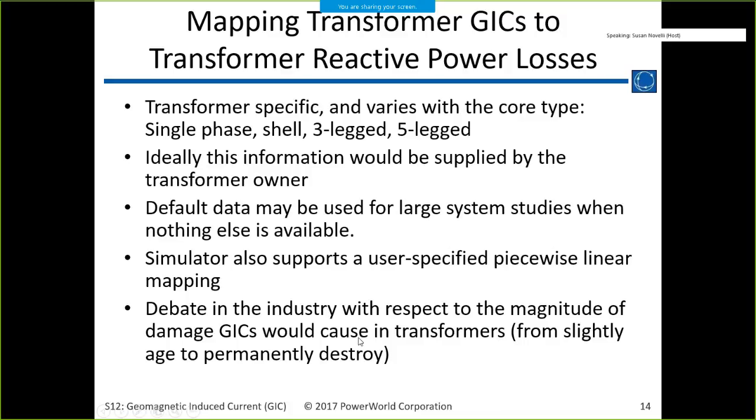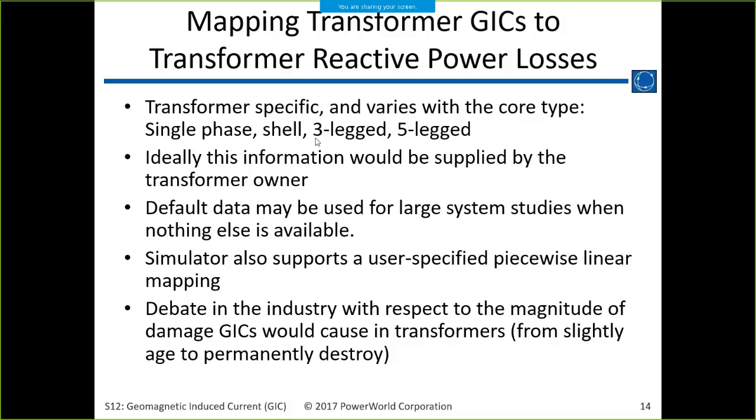So, as far as how the K factors work and how we map the transformer GIC to reactive power losses, as Tom mentioned, it's really a transformer specific thing. There are some default assumptions that you can put in, and then you can classify your transformers by type, and for each type of transformer you can say use this K value.